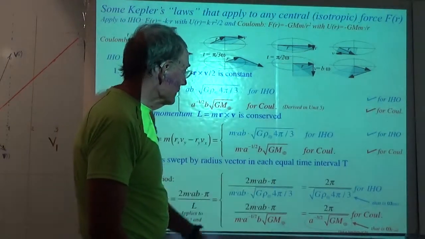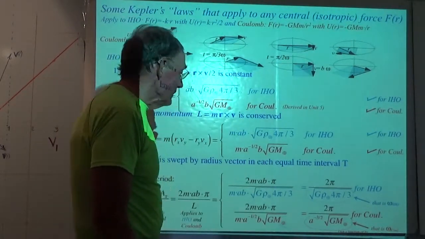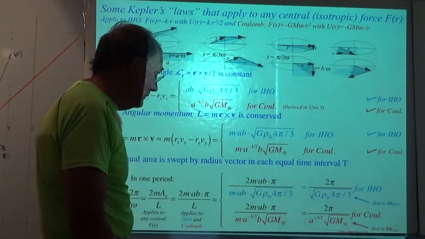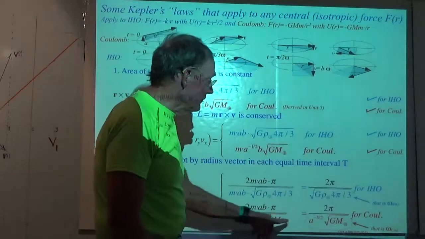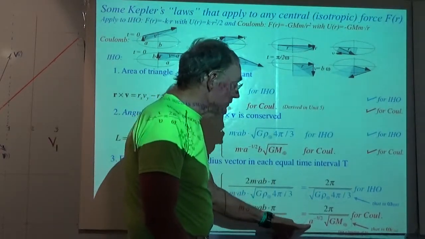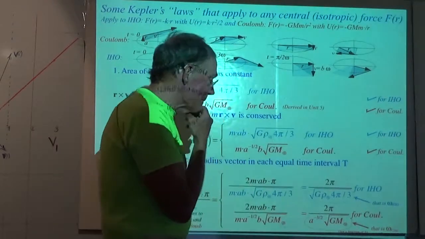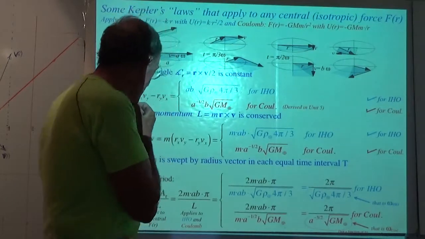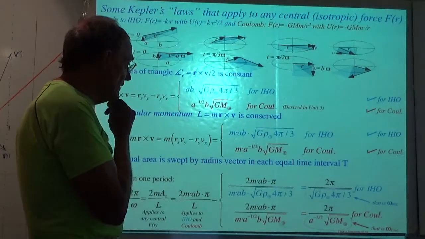Okay, product of AB, product of AB, but with an A minus 1/2 B in the denominator, which makes this one a function of A only. The B's cancel. Okay, it's a function only of B. All right, that's the one period